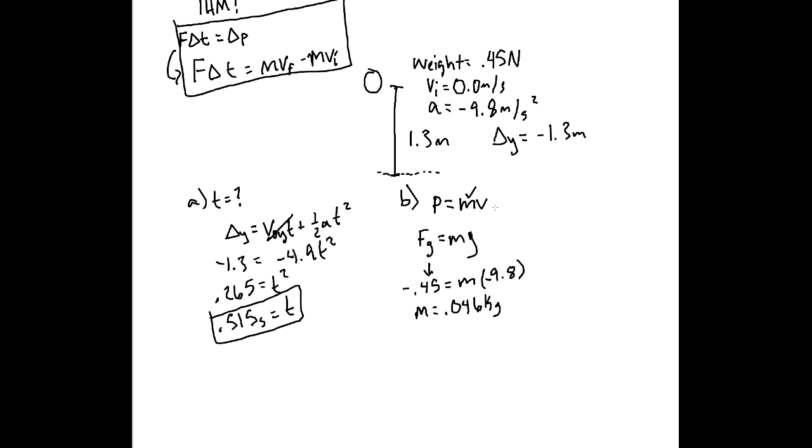Now, to calculate the velocity, I know the initial speed, I know the acceleration, and I calculated the time. The piece of information that I don't know is v final. Well, I can use this dandy old equation right here: v equals v initial plus at. I know that my v initial is 0, so I'm left with my acceleration times my time, which is 0.515 seconds. So 0.515 times negative 9.8 gives me a final velocity